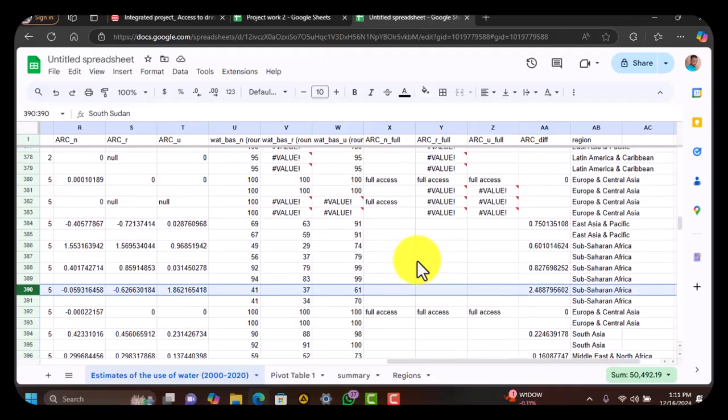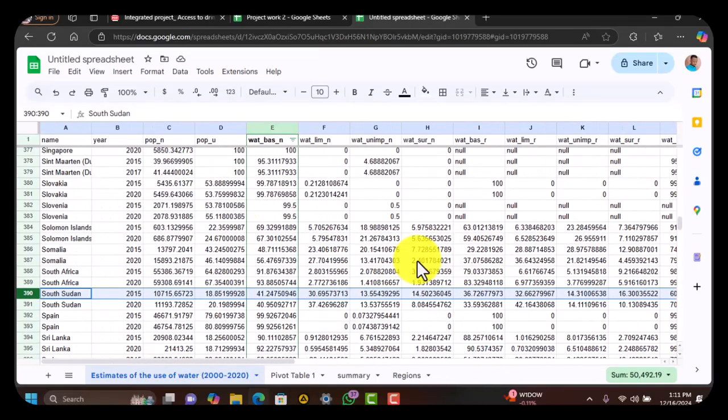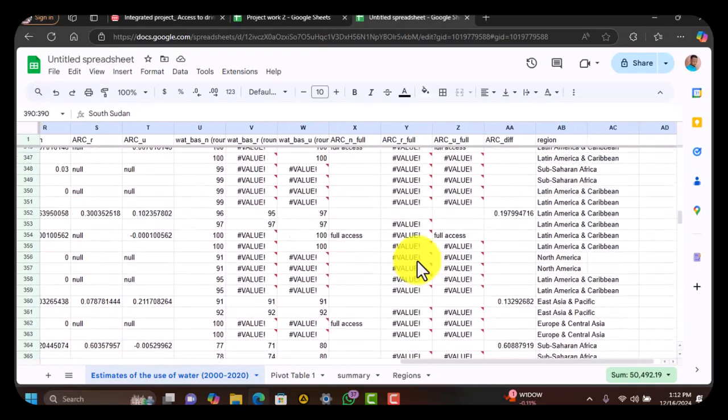Okay, so I think that is it. South Sudan and Morocco. That is what I see. Okay,